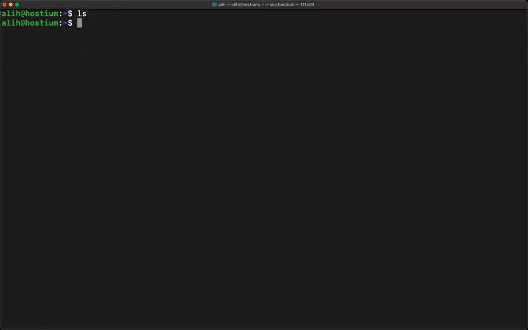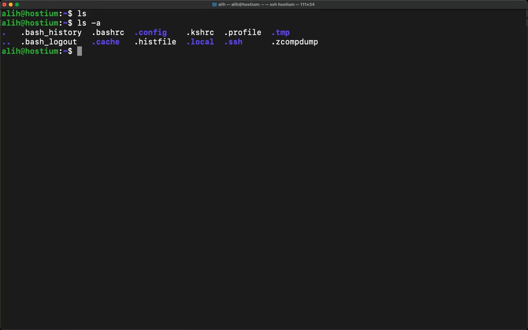So if I ls, I can see that there are no files in the current directory, except that's not entirely true. ls skips hidden files, and in Unix-based operating systems, any file that starts with a period, as in it has no name and it's only an extension technically, those are called dot files or hidden files, and ls by default doesn't show you those. So to get those, you need to type in -a